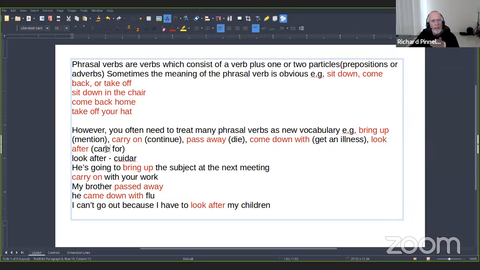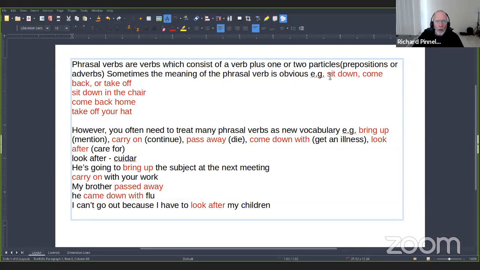it's not possible to understand the meaning of these phrasal verbs just by looking at the two words. If you one day learn the word bring means to carry something, to take something to some place, or take something to me. In Spanish is traer. Bring up means up. So the meaning of this phrasal verb bring up is mention. It doesn't have any relationship to the two words if we treat those two words individually.